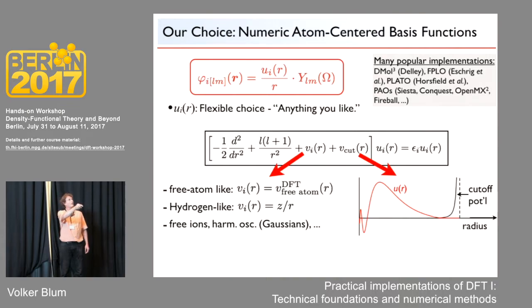by adding a cutoff potential to the generating equation here, and this pushes the radial function smoothly to 0 at a certain radius. This is a radius that can be fairly large, so in our cases this is typically 5 or 6 angstroms, but can be more, so it's a convergeable parameter. It's really just there not to shape the basis function, but to cut off tails that otherwise decay relatively slowly. And once you cut off these numerical tails, you get functions that are strictly confined to a certain domain